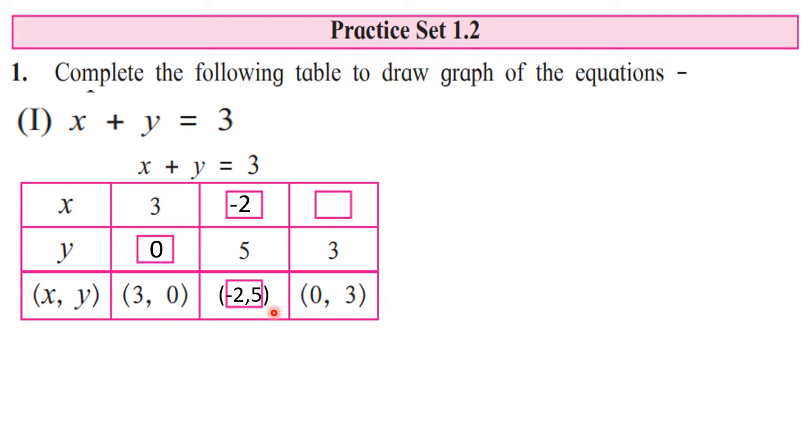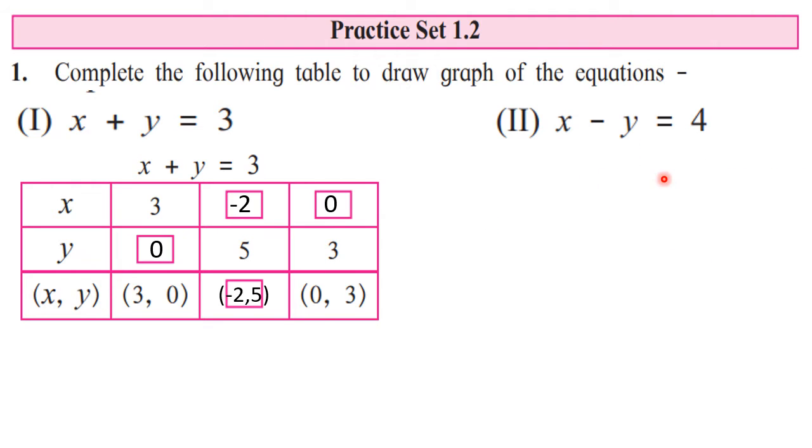Correct? Now here, as I have said already, the answer is given, that when y is equal to 3, x is also going to be 0. So this way you can simply write the answer by observing. There is no need to solve. Only in this case you need to solve it. Okay.